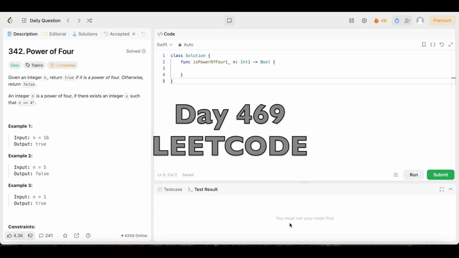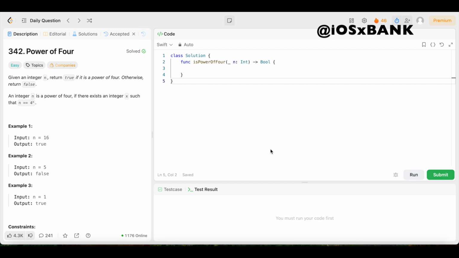Day 469 of doing a LeetCode problem every day until I get a job. All right, y'all, we're back again, another day, another LeetCode problem where we're doing daily LeetCode problems. And today we have question number 342, power of 4. The difficulty level is easy, so you already know we're going to keep the solution as simple and easy to